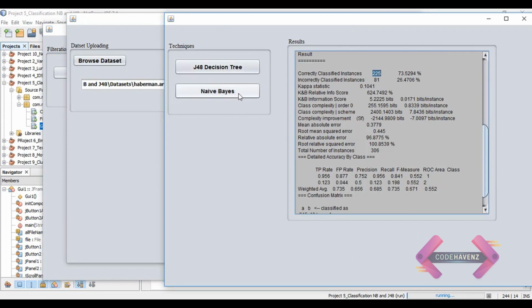Both algorithms have their own properties or specialities. Naive-Bayes gives a very good classification result, as it performs very fast even on a very large dataset, while the decision tree takes a large amount of time when we have a large dataset. I hope you have understood the concept of both naive-Bayes and decision tree classification algorithms.